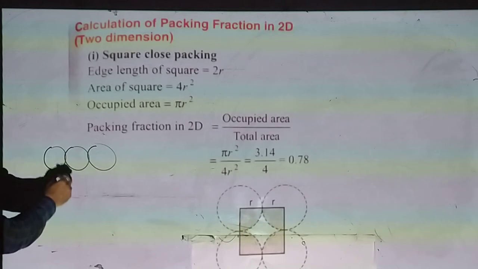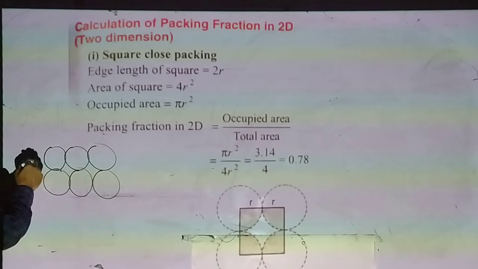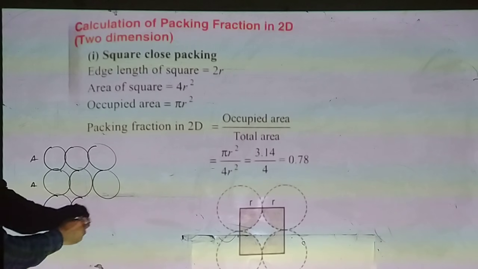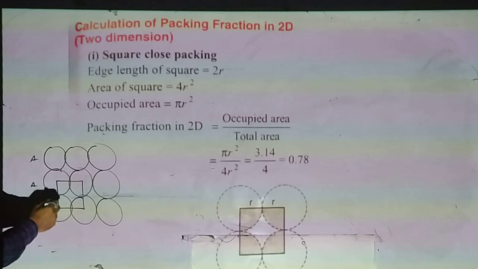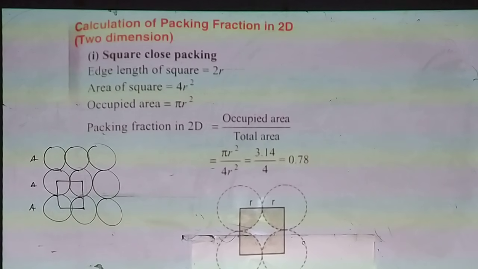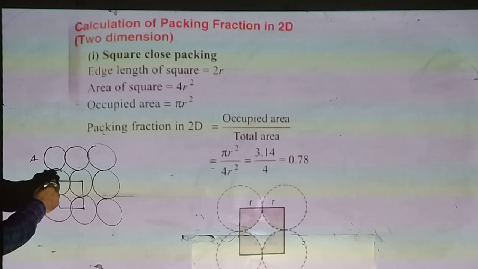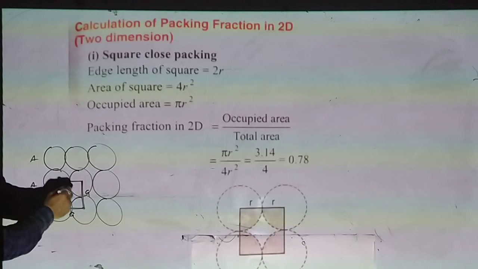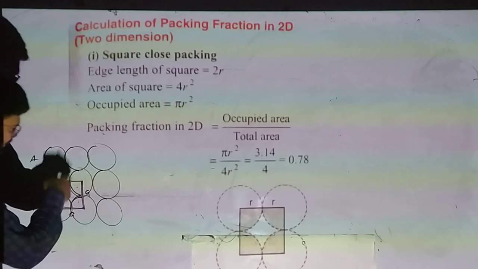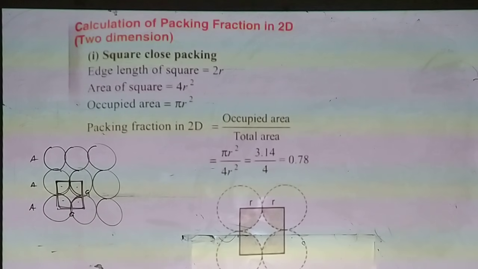In the square close pack, you can see row of A type repeats again and again, and these 4 make a square. So it is called a 2-dimension square close pack arrangement. First we have to derive the area of a square. First we will take its area of the square. Then we will take how much portion is occupied by spheres. We take their ratio and we get the efficiency.